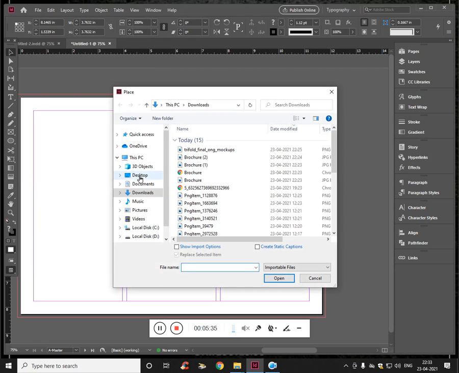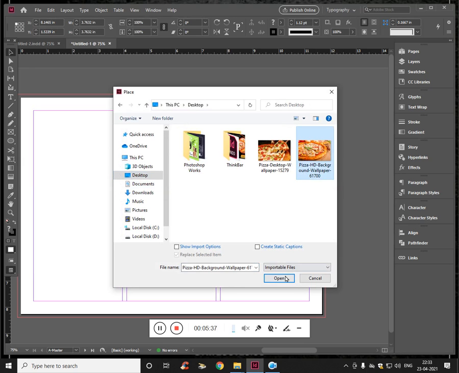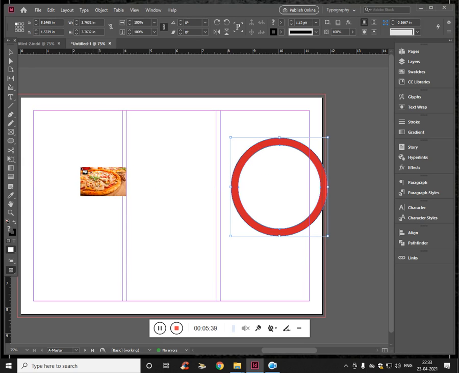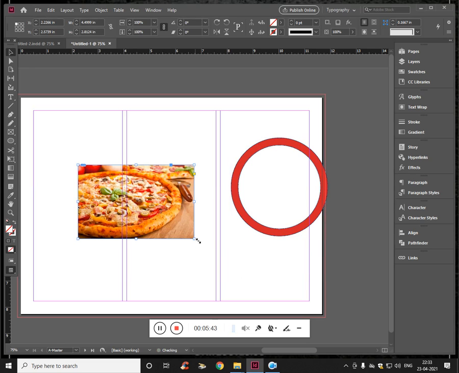And close it. Zoom in, and here it ends. Close it.